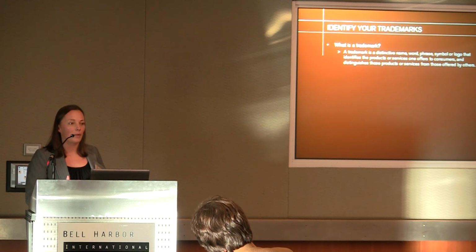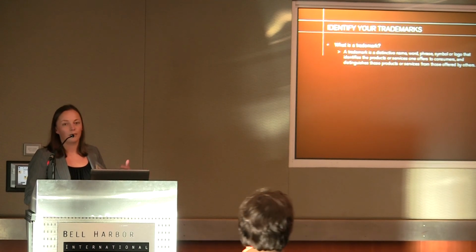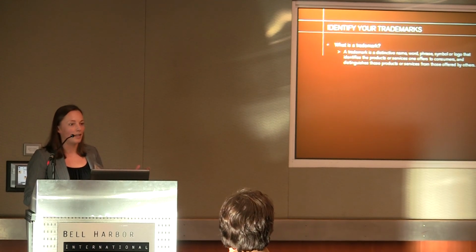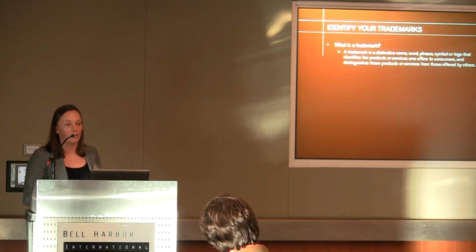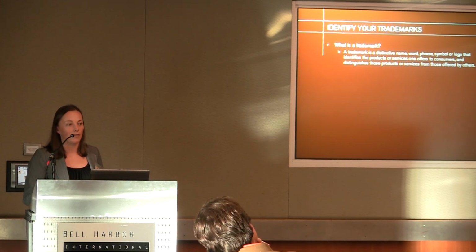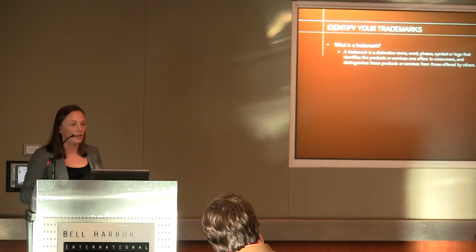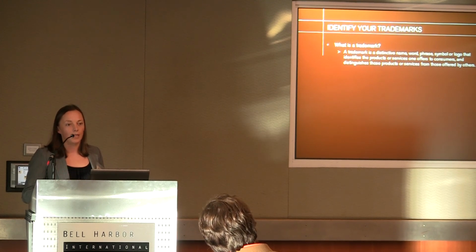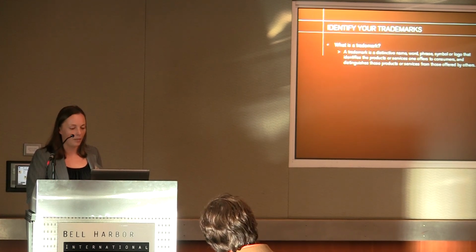So obviously any company could have numerous trademarks. They could have the name of their company, for example, Nike, and then you have the Nike swoosh, which is probably their most popular trademark, along with the Just Do It slogan, which is also a trademark. So right there is 3 different trademarks, each of which have different value and different purposes. So as you go along and you're developing your company and you're getting new slogans and you're developing new marks, every time you're doing that, you sort of have to take a step back and ask yourself, is this something that I need to get a registration for, which is something I'll talk about in a moment.